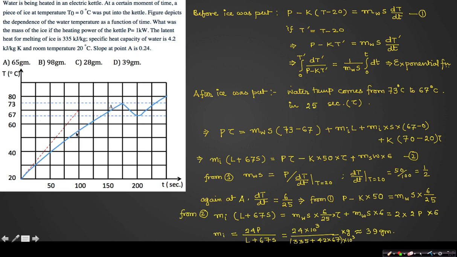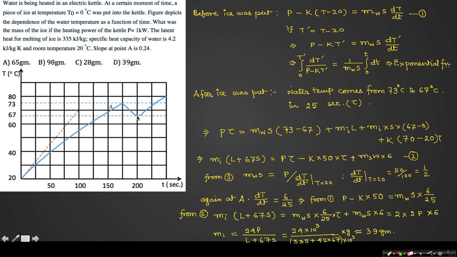So what happens? The water temperature was increasing until I put the ice here. Now the water is busy sending heat to the ice, right? So as the water sends heat to the ice, and parallelly it also dissipates heat to the surrounding as it was doing earlier, and definitely the electric kettle is sending heat to the water. So in effect of all these three, now the temperature of water decreases, but it decreases up to this